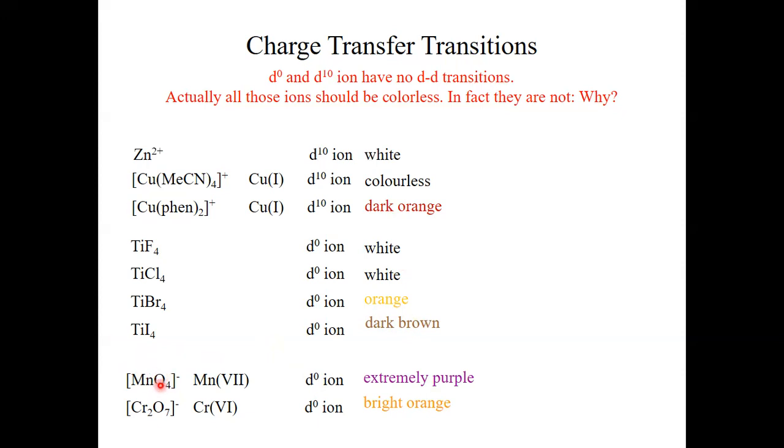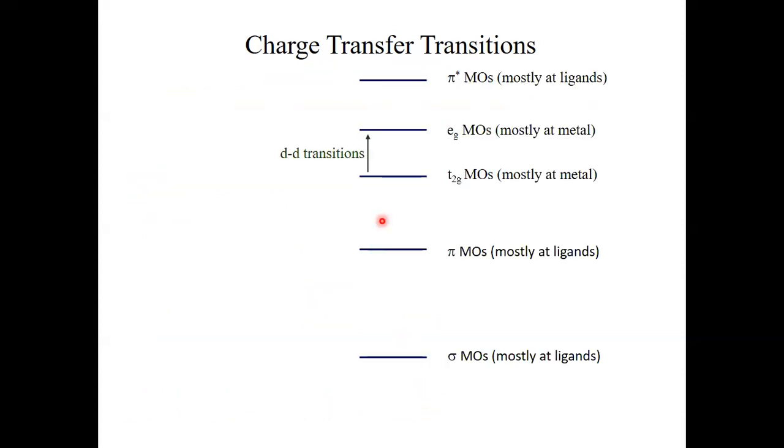The same with dichromate. You all know that this is bright orange, but the chromium is in the oxidation state +6. In the oxidation state +6, the chromium is a d0 ion, and therefore we do not have any color expected. But we measure a bright orange color. So now, how can we explain this? We can explain this by so-called charge transfer